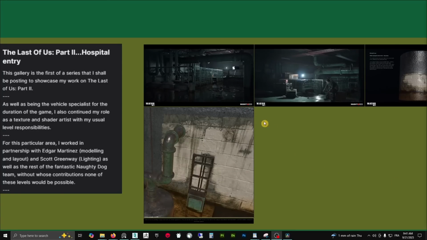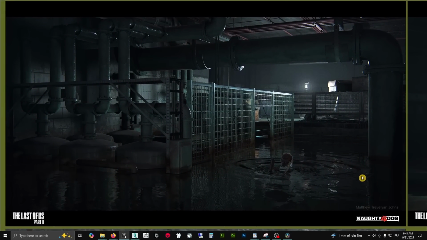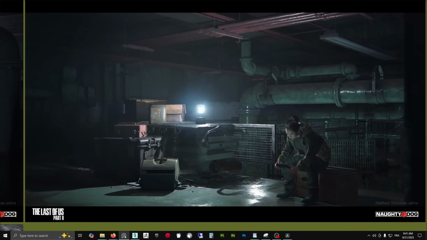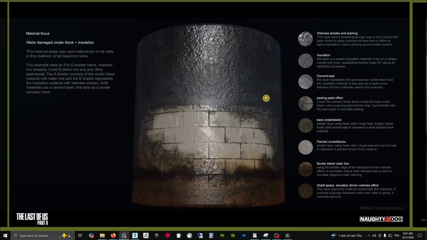Next, we are looking at the hospital entry level. And this is a flooded area or sewer kind of type. And this is going to be very interesting regarding the shaders. So here's another look at the location, and here we have the shaders. So this material has a lot of layers. You have a world space elevation driven wetness effect first, a border blend waterline, painted cinder blocks, bare cinder blocks,